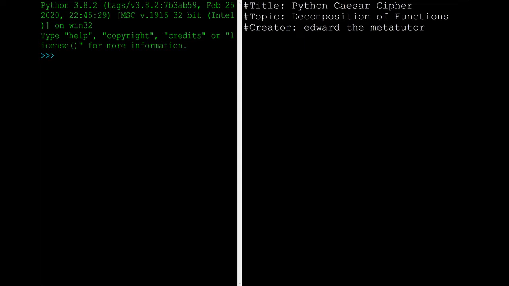Today I am going to implement a Caesar Cipher in Python. I'm a big fan of the Caesar Cipher as a project because it has a few basic components that we're tying together. So it's a good example of the topic of this film, decomposition of functions,